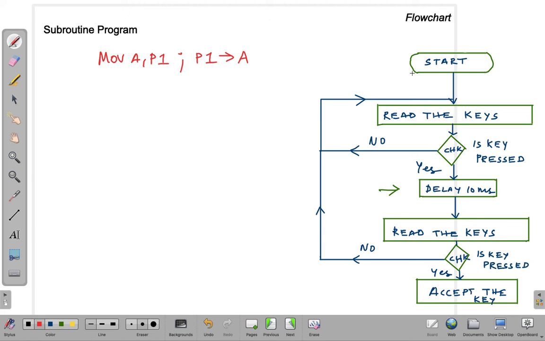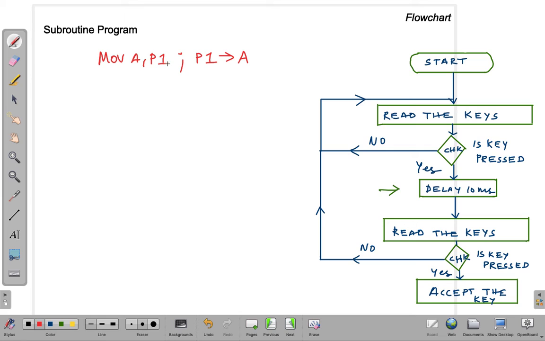After the initialization in the start block, the next step is reading the keys, which means we have to read the status of the keys connected to port 1. That is done in software using this instruction: MOV A, P1.